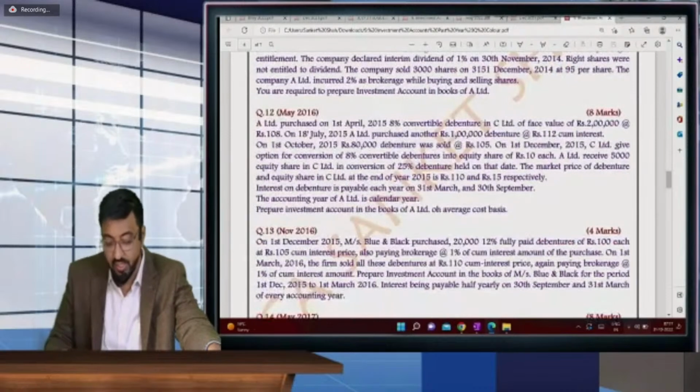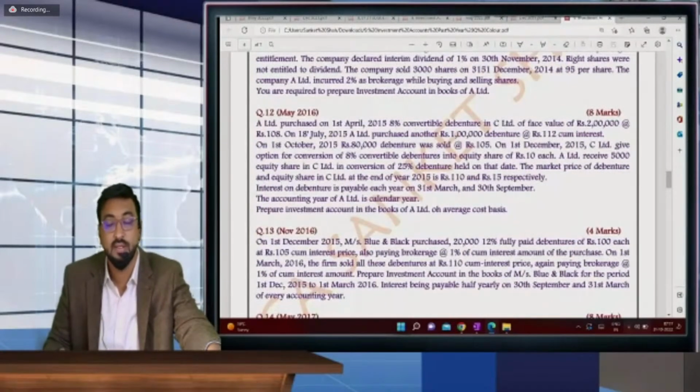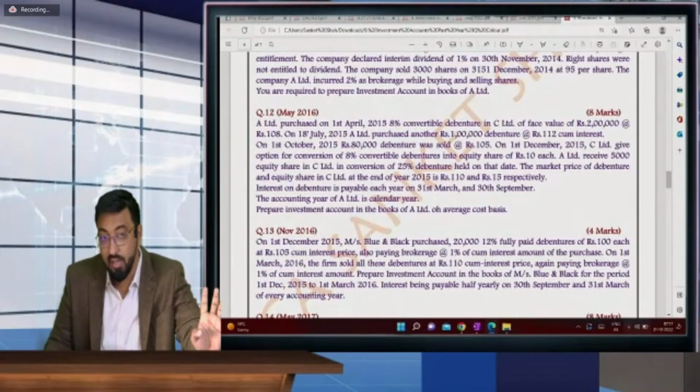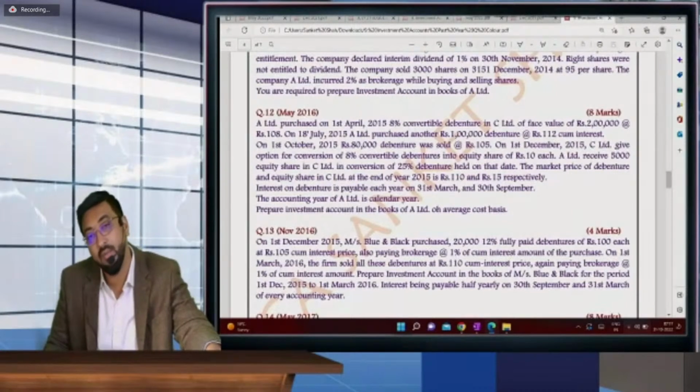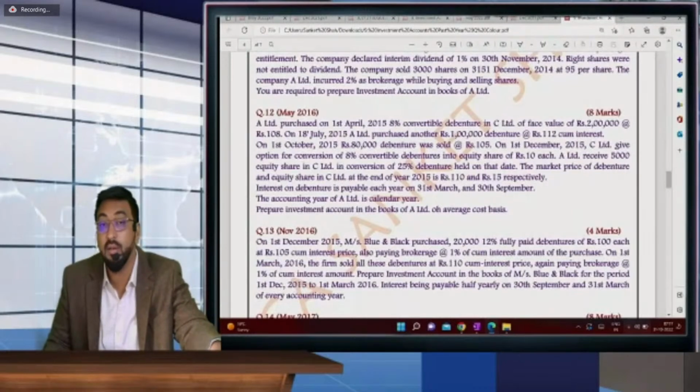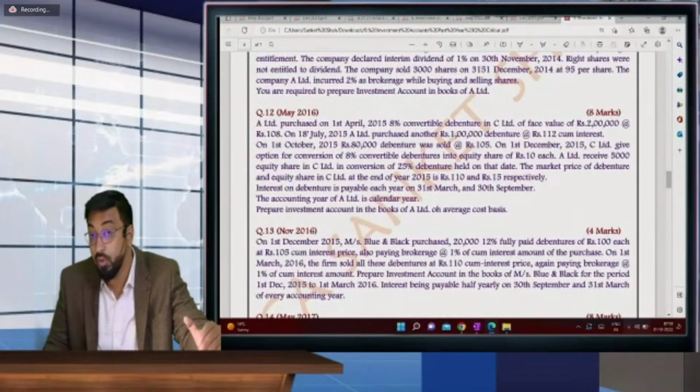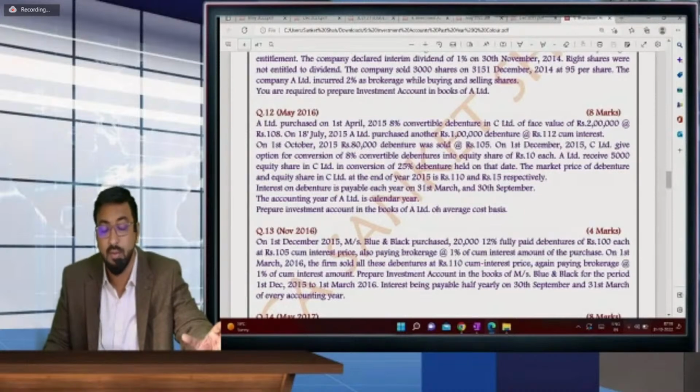A Limited purchase on 1st April 2015. See, now my session will be on 17th. Now I am not there for the next 3 chapters. Another faculty will take these 3 chapters. And one more good news is that ICAI is now allotting me the same sessions like batch number 5. So now you can tell me for next sessions if you are finding it difficult, because many students like this technique, sir. We will see the recorded sessions for concepts, and we will start with solving examination questions for this